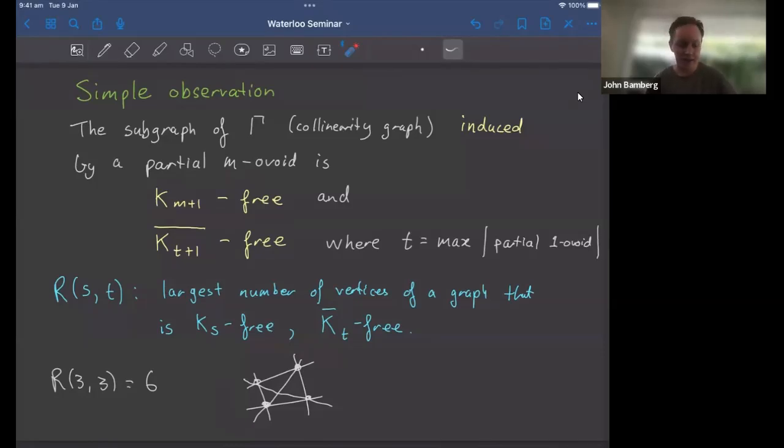Now, okay, so a clique spans a singular subspace. So we can actually apply Ramsey numbers to partial m-ovoids. And what do you get? Well, I've got enough rooms. Maybe I'll delete this picture. If I take the size of a partial m-ovoid,